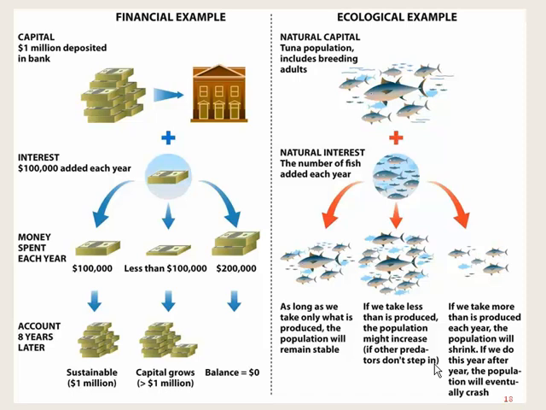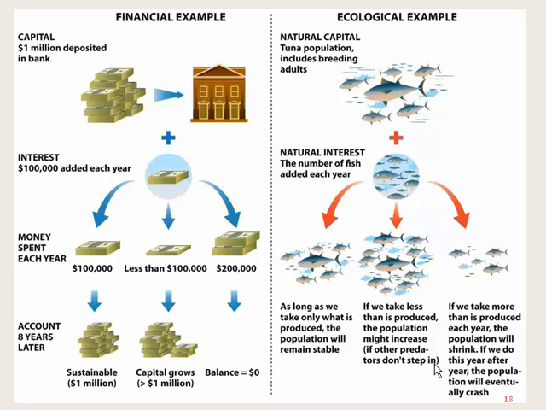However, and this is the case currently with many major fish species in the ocean, if we collectively harvest, and this could be different countries each taking their perceived portion of the tuna, if we harvest in aggregate or in total more tuna than are produced each year, then eventually the population can be diminished to the point where it crashes, and you could actually have an extinction event.